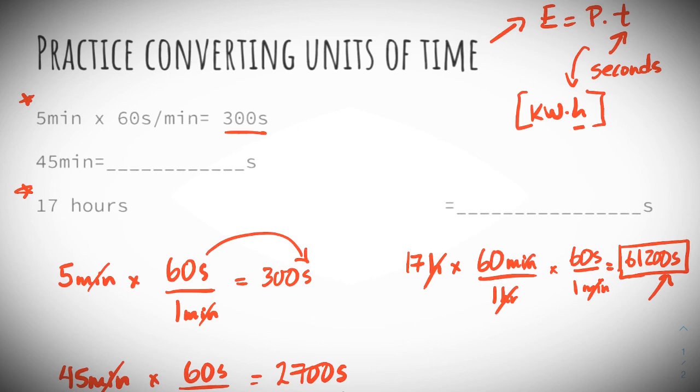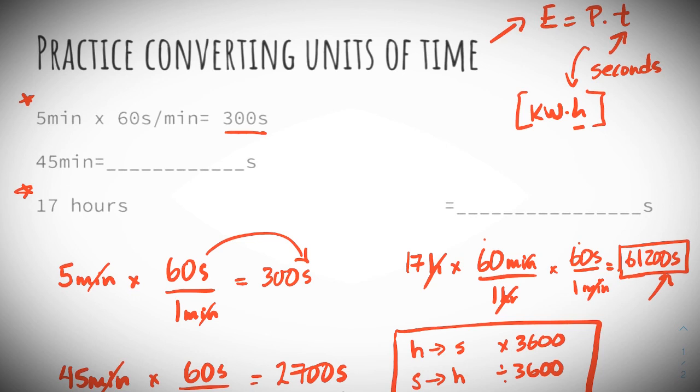One last thing, a quick little shortcut for you. The way to remember, if you go hours to seconds, or the other one, seconds to hours. Well, you notice what I did up here. I went 60 times 60. Well, 60 times 60 is really 3,600, right? So anytime I see that, I always go times 3,600, and then divide by 3,600 for the other one. And this little shortcut might, if you can remember it,